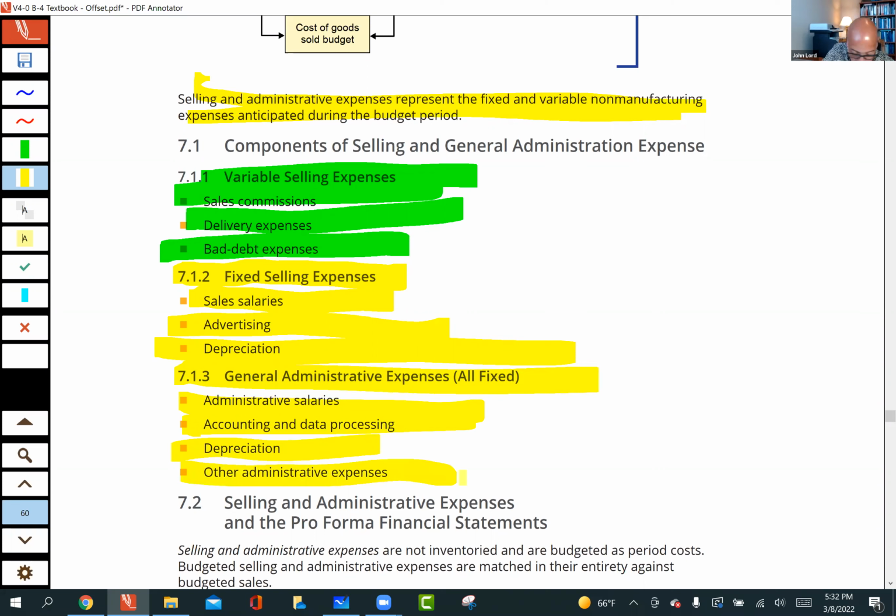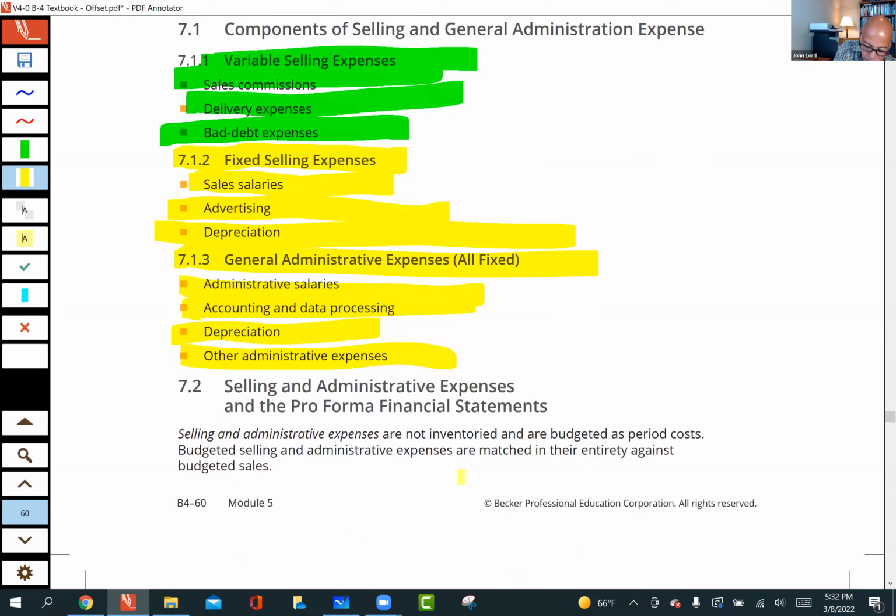Okay, and now we can prepare the operating expense section of our budgeted income statement because we have that information. And we'd be done with our budgeted financial statements. Question. Now, what we would do is roll from here to our cash budget, and that's what we're going to look at in our next module.